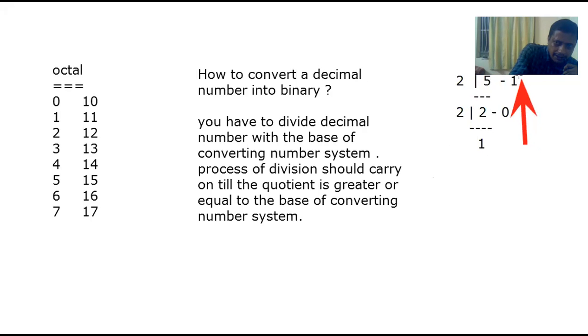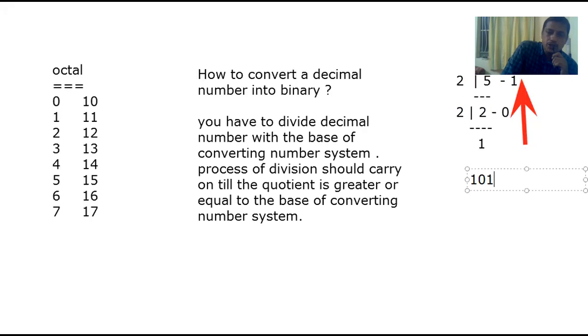I will take all these values from down to up, remember, from down to up; that is the reason I have given the arrows here. You will find the binary number here is 1 0 1, and the base of that is 101 base 2. Why is it base 2? Because the conversion number is binary. The binary base is 2.